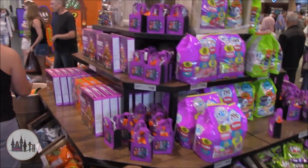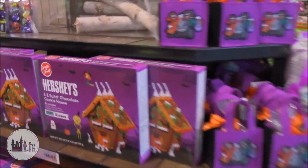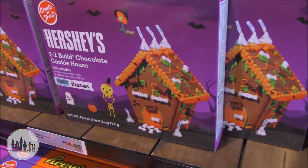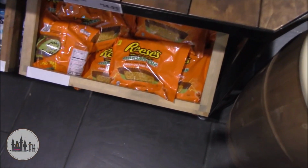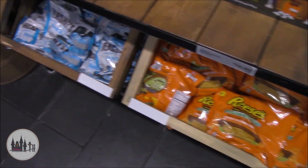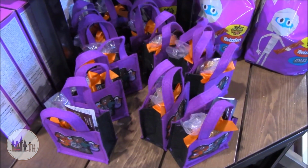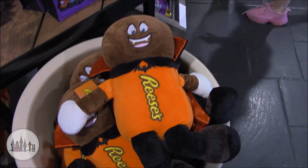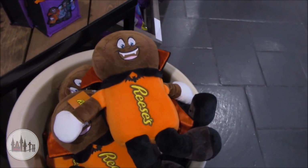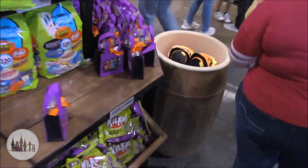As always, we have all kinds of Halloween themed candy out here. We have build-your-own chocolate cookie houses right here. Green colored cream Reese's peanut butter cups, Hershey's Fangs, cookies and cream Fangs. These little baggies for the kids. I believe Alex showed us these in the last vlog. If you look down here, we have Mr. Reese's guy with fangs, dressed up. And if you look over here, we have Squishmallows,